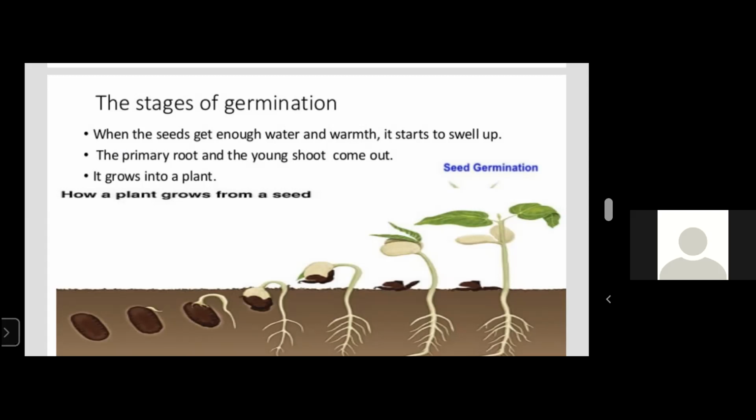Once the baby shoot comes out, the two cotyledon splits, you can see, also shed off from the baby plant, and now the baby plant slowly grows and becomes a tree or a big plant. So there are different stages in germination. The first stage is the seed and the last stage is the baby plant.